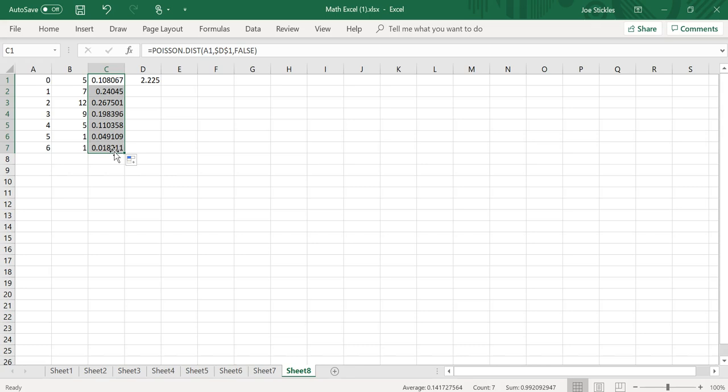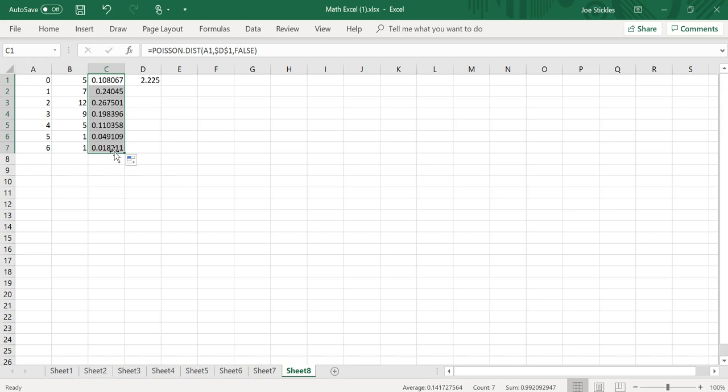There's a couple of things I have to be a little bit careful of. First, those are probabilities, so I have to change it to expected values. There's one other thing that I have to be careful of. Notice I copied this all the way down to 6. For a Poisson distribution, that's not all the possibilities, right? It could be 7, it could be 8, it could be 9, and so on down the line. Notice down here where the sum's computed, it says 0.99, right? I didn't take care of all the probabilities. This last one here,